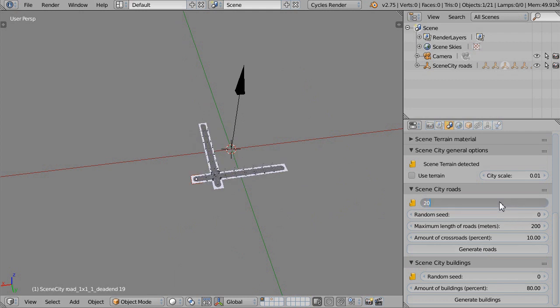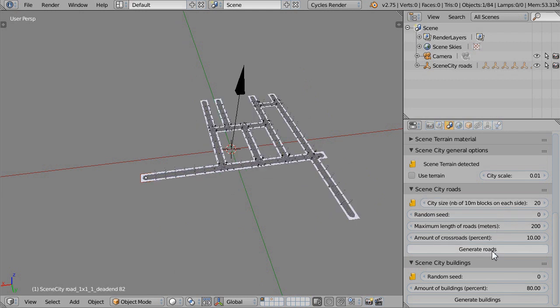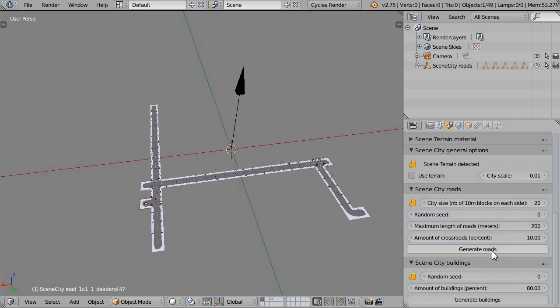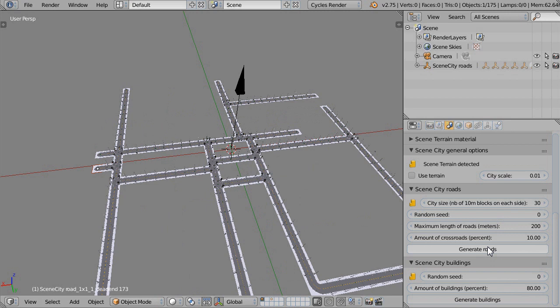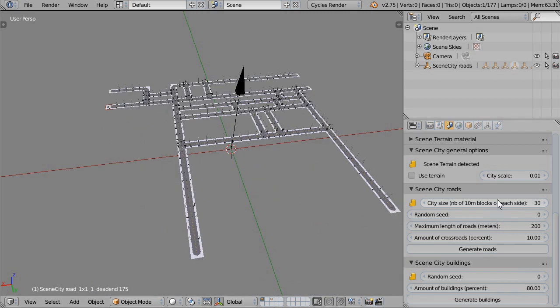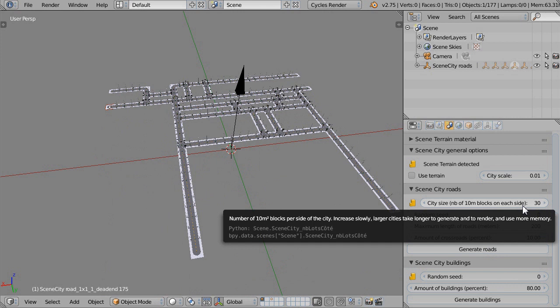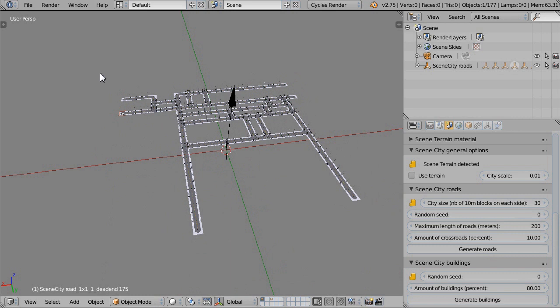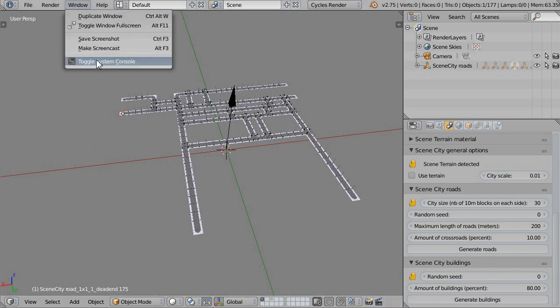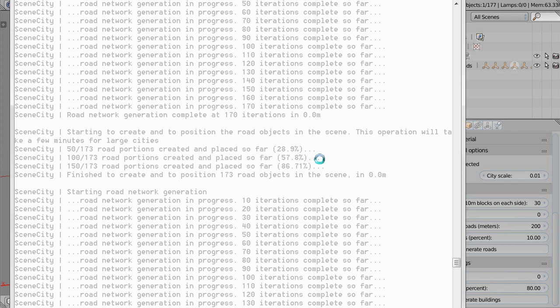If I increase it to 20, then we have 200 meters long on each side, and so on. Now you should be careful not to increase this value too high, otherwise the generation will work, but it will take a very long time. You can see the progress here in the console, so I suggest you keep it open when you generate cities and terrains in SceneCity, so that if